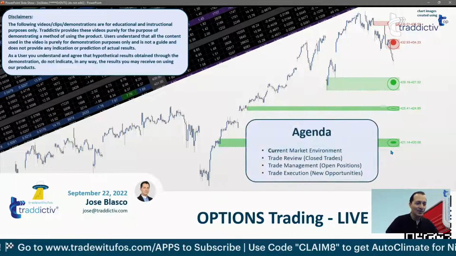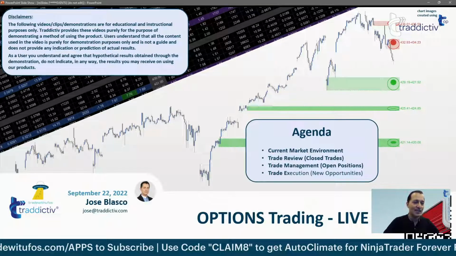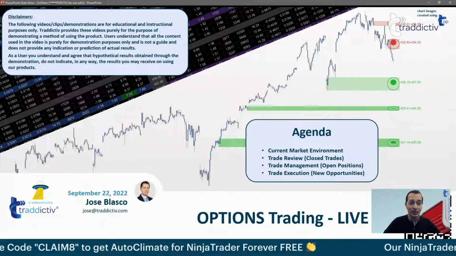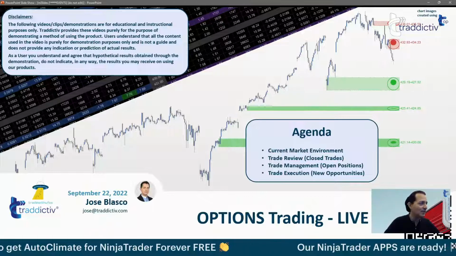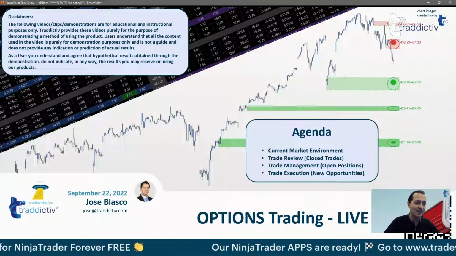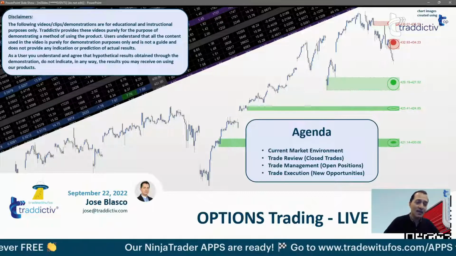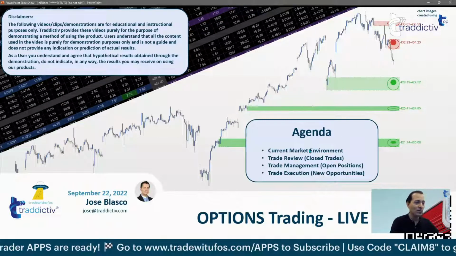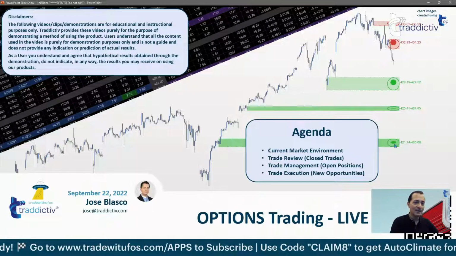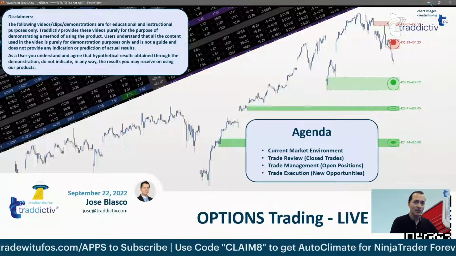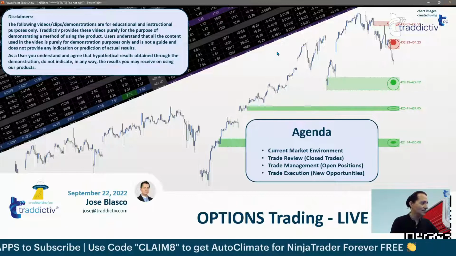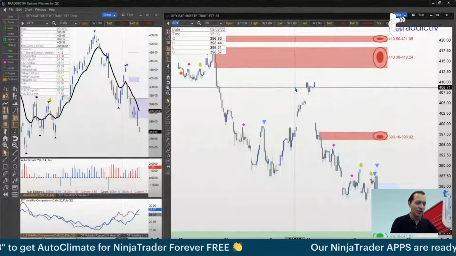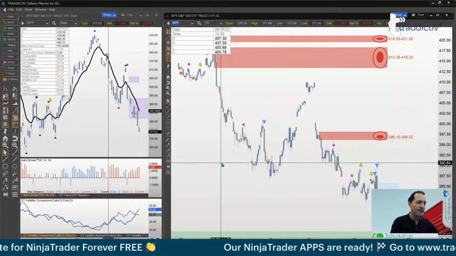Good. So the agenda: we'll look at the market, we'll look at the trades, we'll talk about your trade, Mark, and we'll talk about trade management, what to do in certain cases. A very interesting exercise today, looking at an assignment. And we'll then look into identifying new market opportunities that hopefully we can execute. Very good. So we are ready to begin. Let me get rid of the introduction slide so we can jump on top and begin our market analysis.